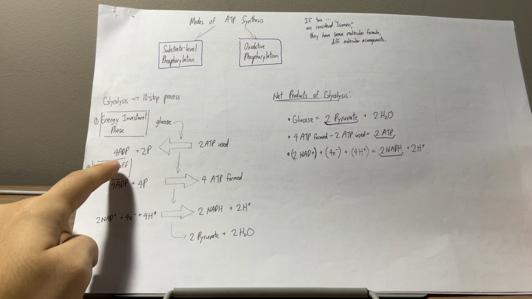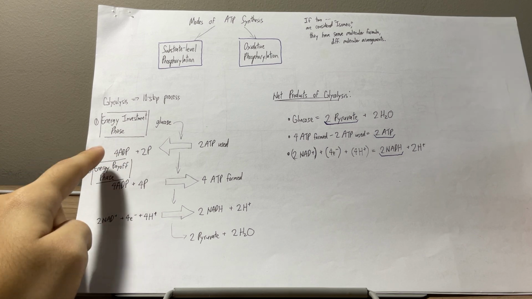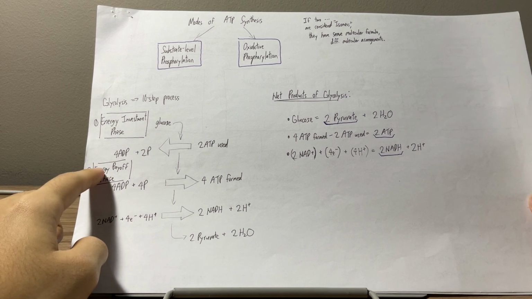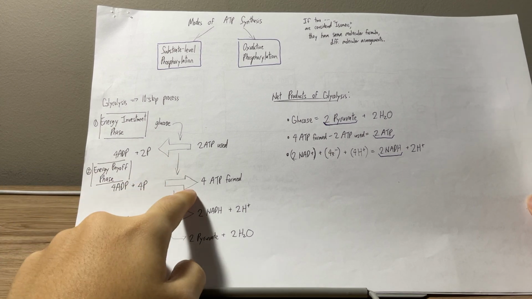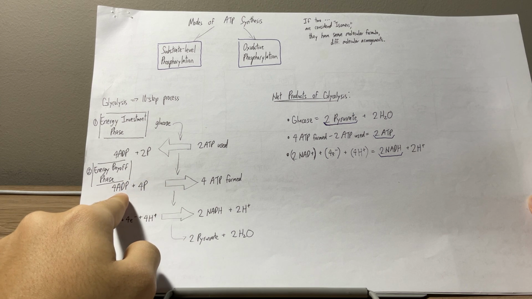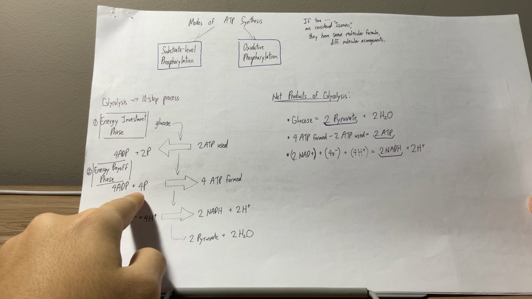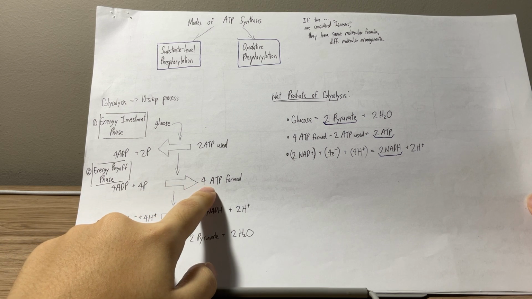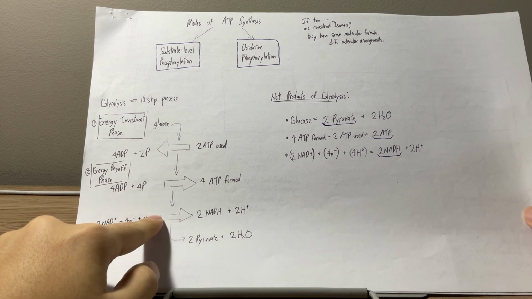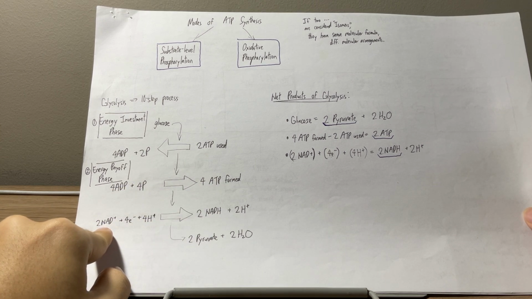ADP stands for adenosine diphosphate, not tri-di. So next, for the energy payoff phase, 4 ADP and 4 pyruvate creates 4 ATP or adenosine triphosphate, and then 2 NAD plus